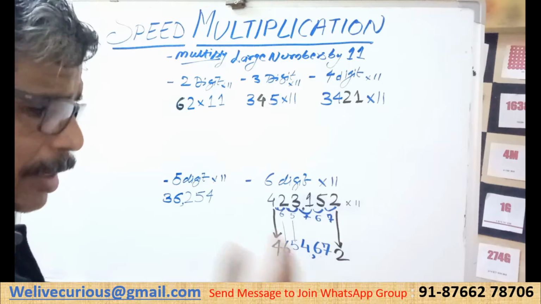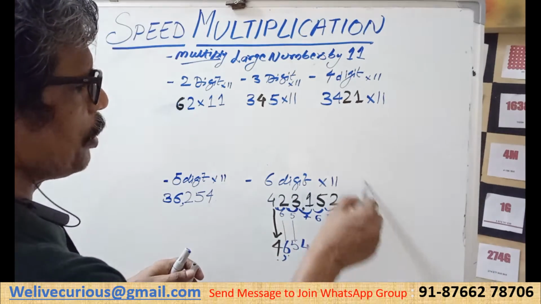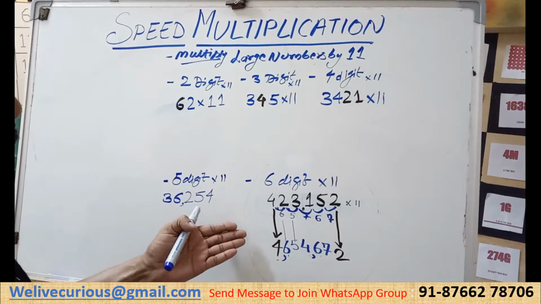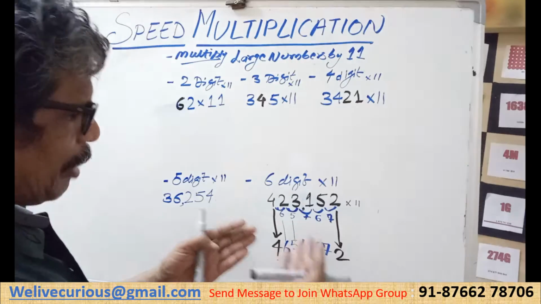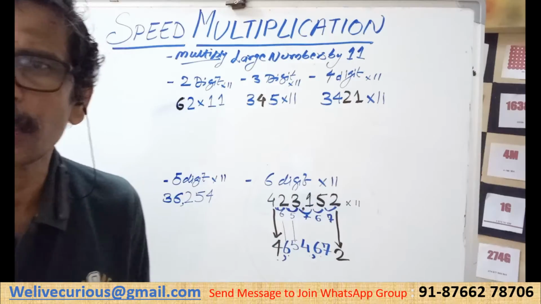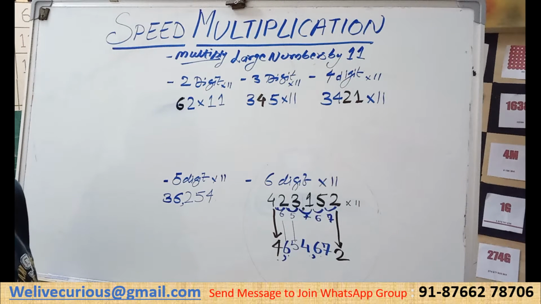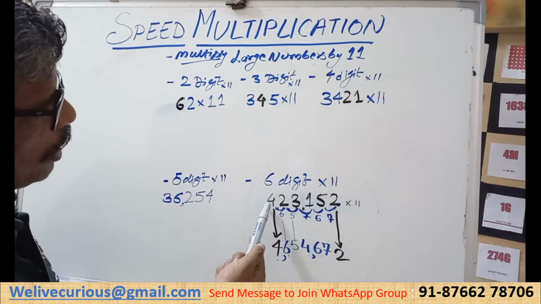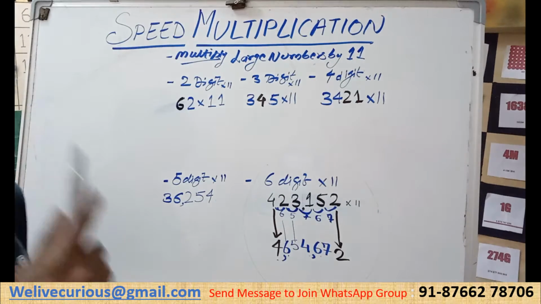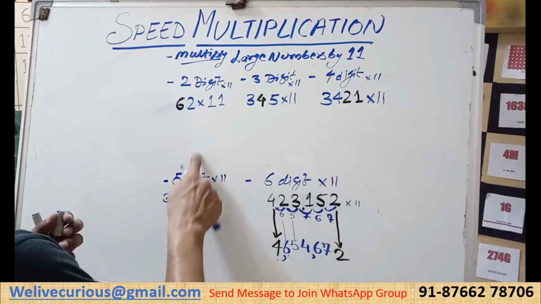Now, the same person who has been rote learning, once he comes across such a beautiful equation and sees, my goodness, this makes sense, and if this can be replicated to another one, then I don't have to rote learn the table of 11. I can forget 11 multiply 10, 11 multiply 6. I can tell you 423,152 multiply by 11. So why do I need to learn the table of 11? But tell me if it can be replicated.